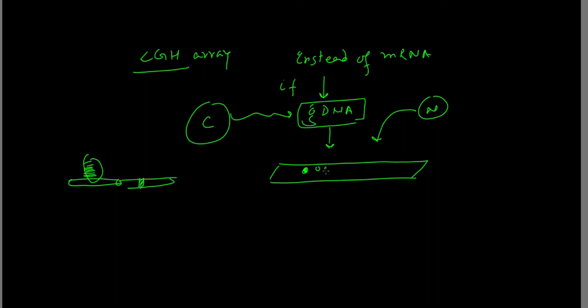All other dots were of the same intensity because most often this is just 2n. This is, let's say, 20n here. And this one over here is 0.5n, where one copy was deleted and so on. So you can identify copy number variation using CGH array. Okay, so these are the main applications of the microarray. You can have CGH array, tiling array, cDNA, Affymetrix array, and so on. We will move on to next generation sequencing and the applications of that technique in the next class.